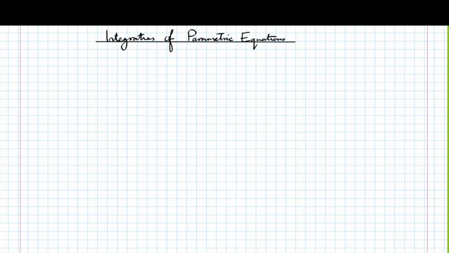We'll get started. Okay, so integration of parametric equations. Just write this down. I always like to have nice notes for you. So to find the area